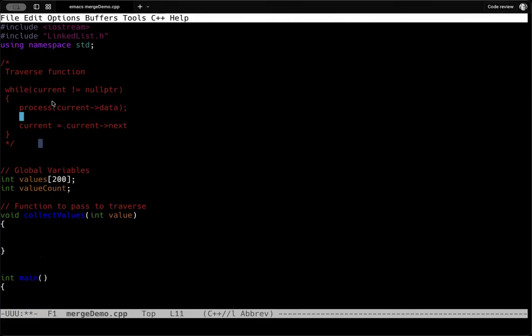and I have access to the first data element, then the second, then the third, what do I need to do with that? So I need to add it to my values, my global variable. So I'm going to say values sub value count. Again, value count will start at 0, and I needed to make that clear. It usually does anyway. So the first one will go at position 0 is equal to, and it would be current data